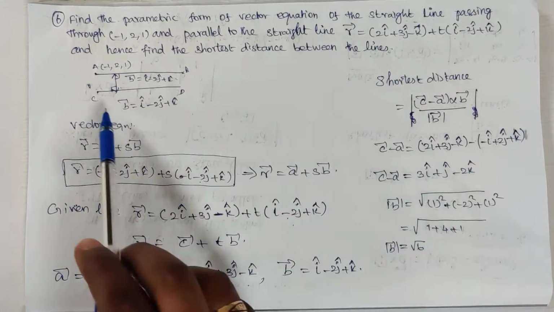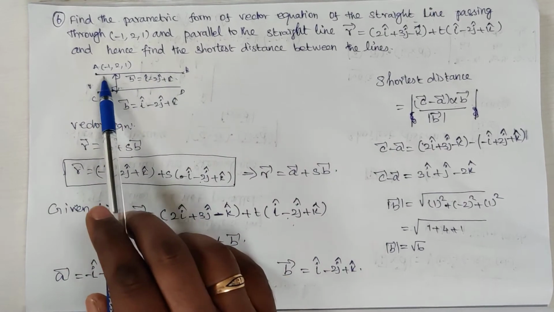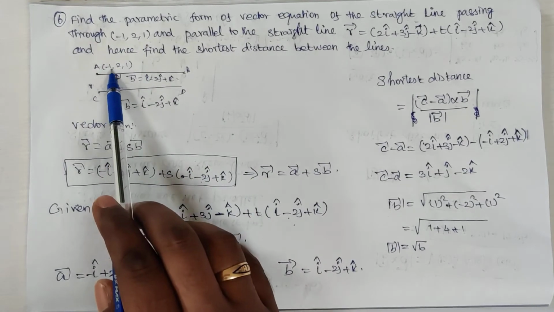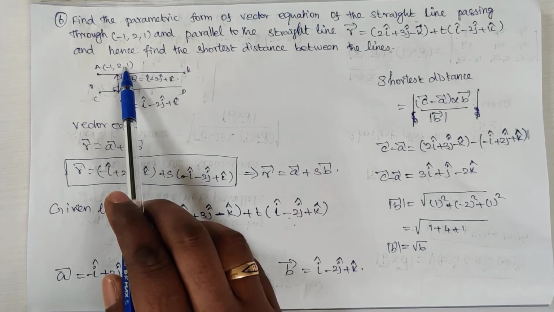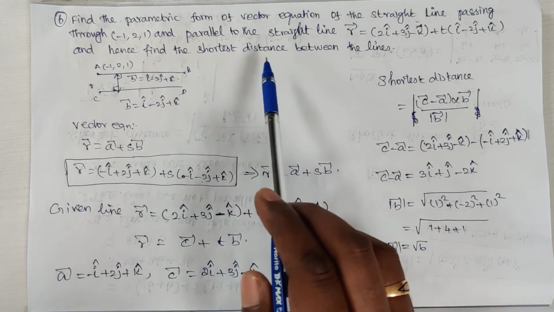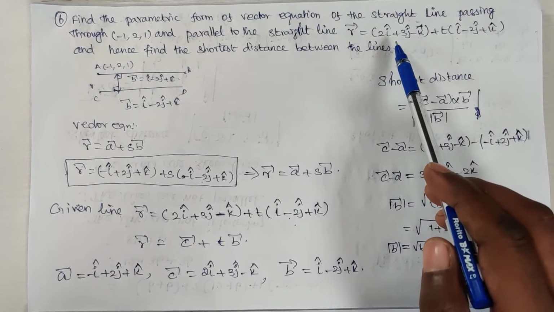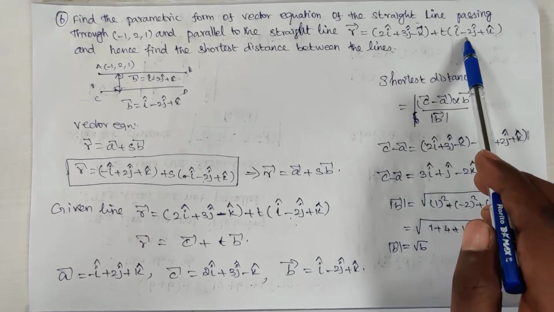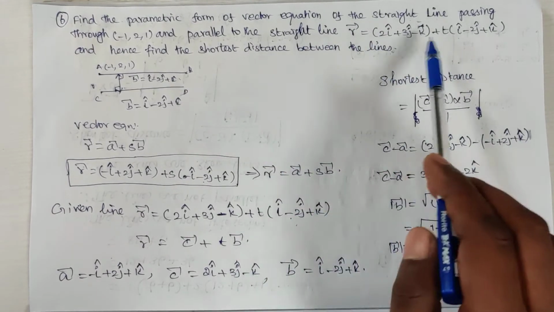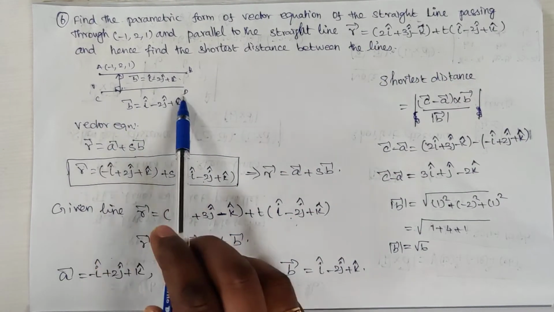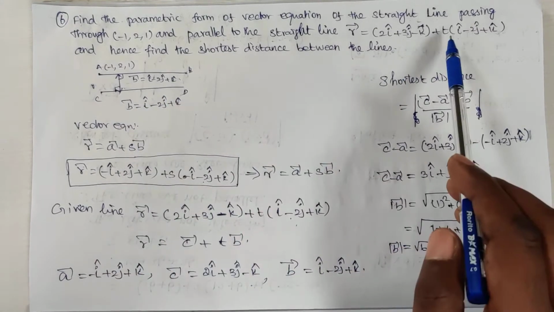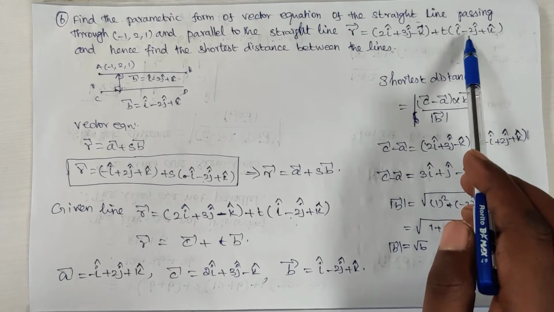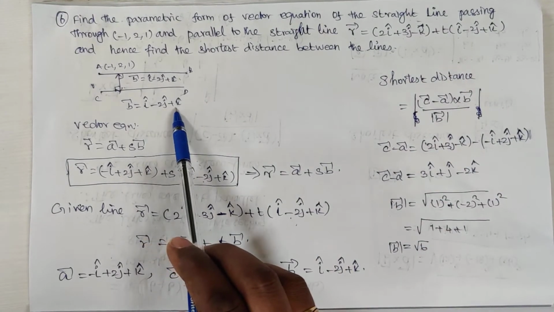So the given straight line, I am going to take that straight line AB. It passes through the point (-1, 2, 1), so that point A is (-1, 2, 1), and a parallel vector is given. So first we have to consider r vector equal to a vector plus t b vector. So this is the parallel line, parallel to the straight line. I consider that CD. So that passes through the parallel vector, so this is b vector. So b vector is equal to i cap minus 2j cap plus k cap.